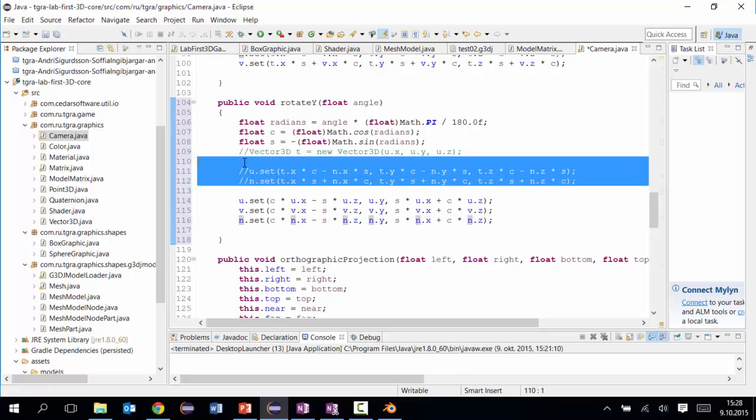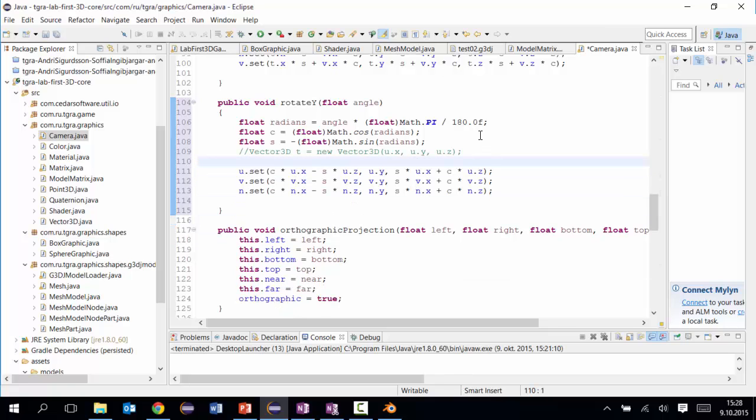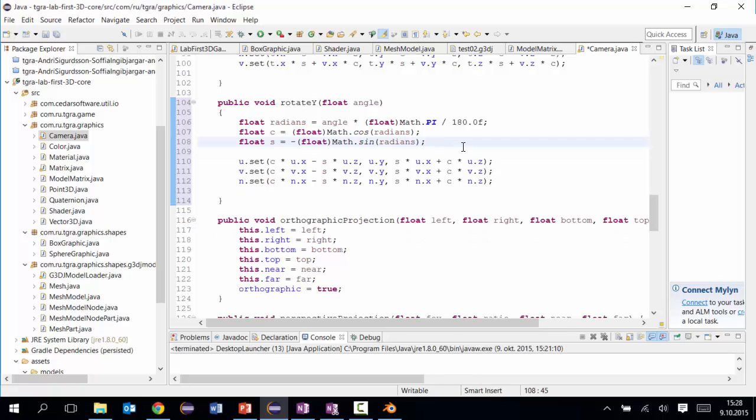Okay, so we're not doing this anymore. We don't need this. The same idea with the angles. We have radians here, we have the cosine and sine. Then we change each vector independently. And now, to make sure that I'm not lying to you,